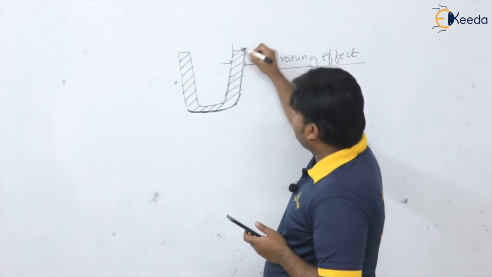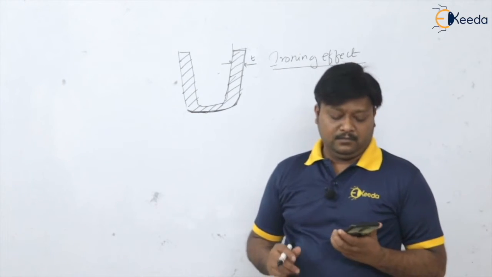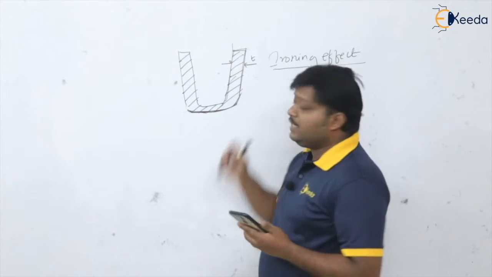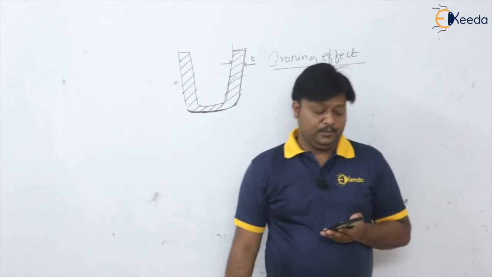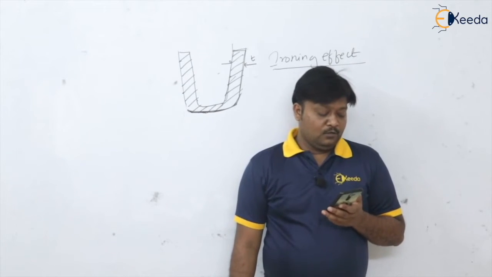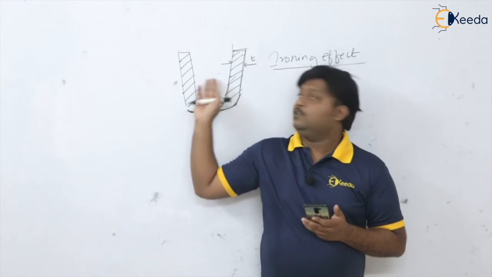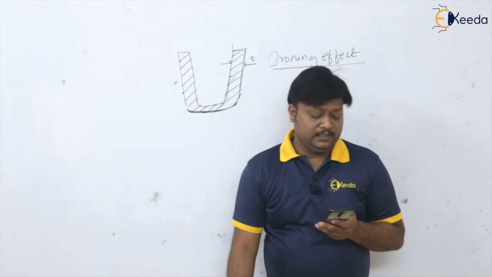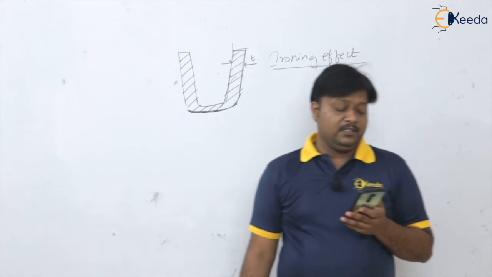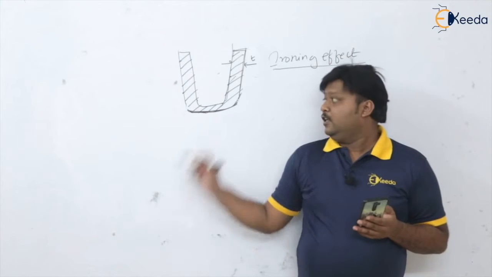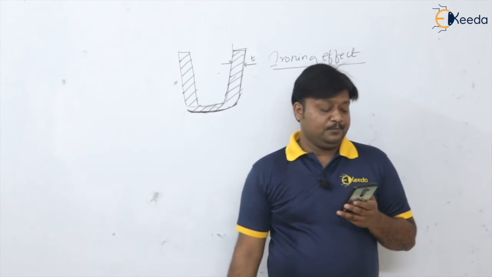Is going to be reduced. Okay, so ironing, we are going to squeeze the vertical walls of the cup. So the wall thickness of the drawn cup, by using this ironing effect, you are able to control the wall thickness. That is nothing but the ironing effect. So options are deep drawing, reverse drawing, redrawing and ironing. So with ironing, we control the thickness of the sheet.